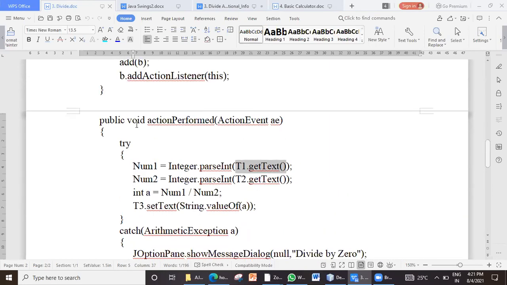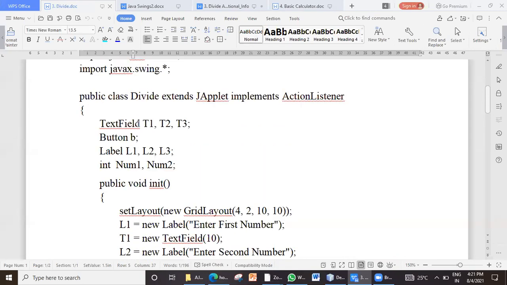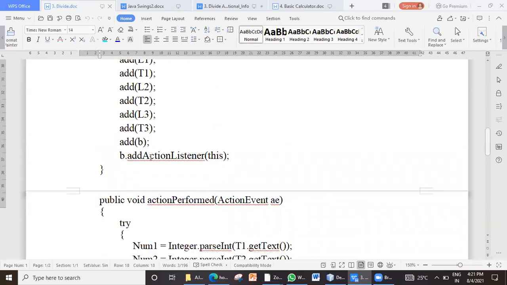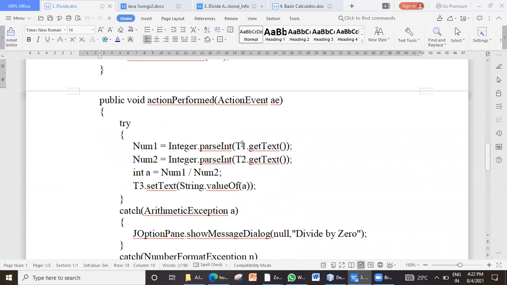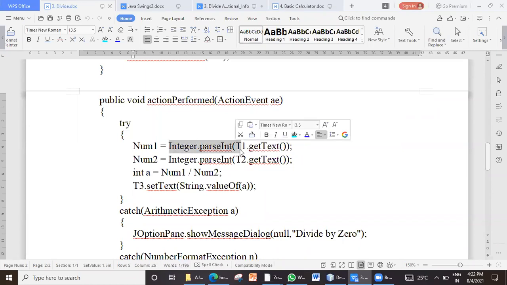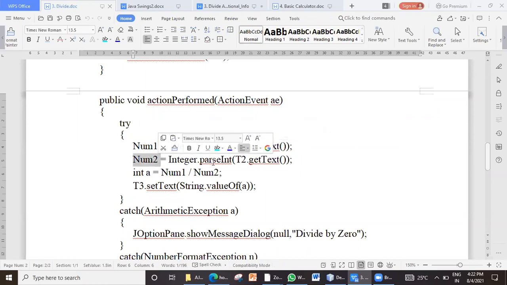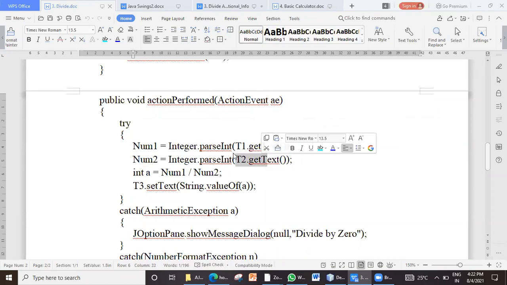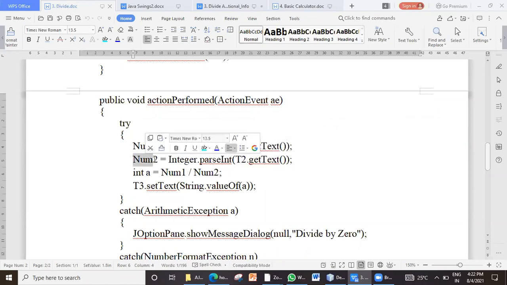But to perform division, we require numeric values. And that's why on top we have declared two numeric variables, int num1 and num2. So now we want a numeric value from the text field. We tell the user to enter the number, but still that number will be of type string, so we need to convert it. For typecasting, we make use of the Integer.parseInt method and then we assign it to num1. Same thing we do for num2: from text field 2 we get the value, convert it to integer, and assign it to num2.